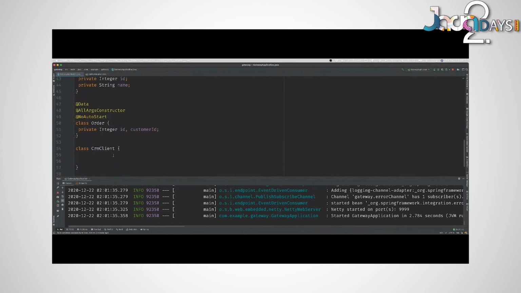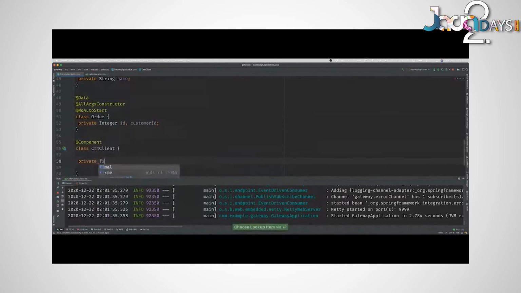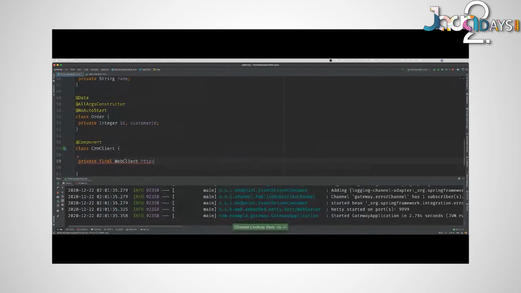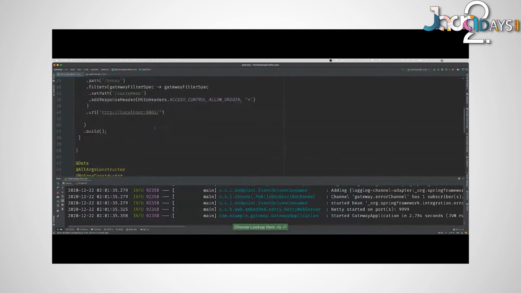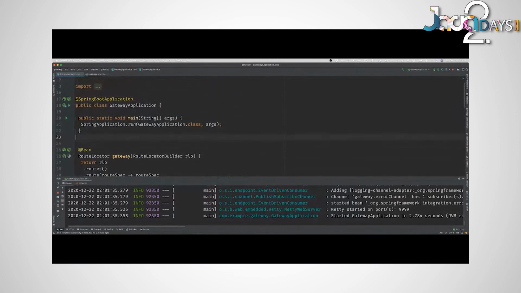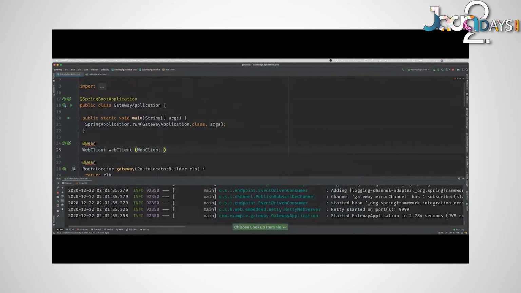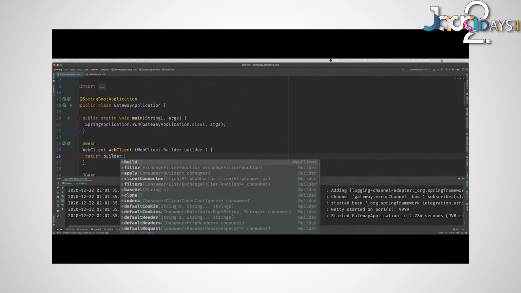Now I'm going to create a client to talk to them both. And this means I need to make a network call using HTTP and another one using RSocket. These are both going to be non-blocking reactive clients. So for HTTP, I use the Spring Framework WebClient, which is a great non-blocking HTTP client. If you want to do any kind of HTTP network calls, use the WebClient. It is awesome. It's really built for this kind of stuff. I prefer it over the RestTemplate by a lot these days.